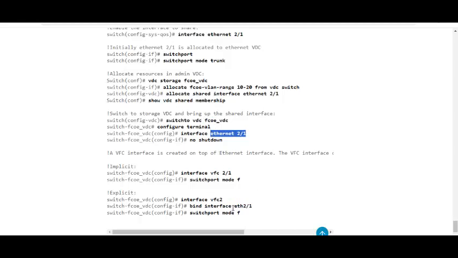Today our focus is not on FCoE or VFC. Our focus is only on VDC, and we finish this topic VDC here. We'll start a new topic in our